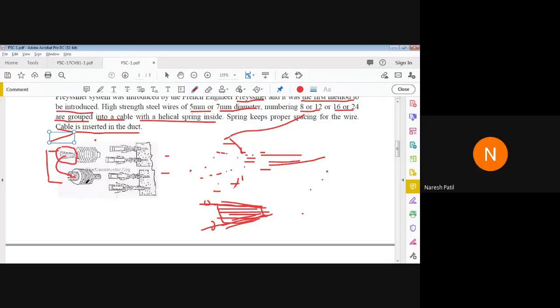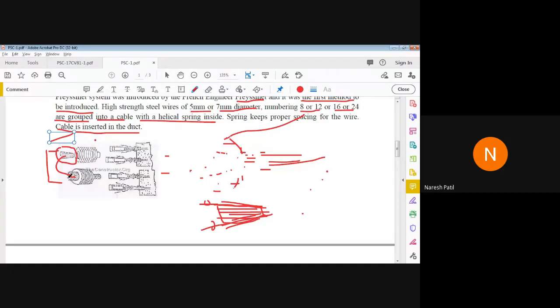Yes sir. Now do you understand how the system locks the cable in this? Yes sir. See, we are talking about the post tension system. Post tension means what? The cable should be locked or anchored. So we are talking about how the cable is locked into the section at the anchorage end. That is what we are discussing.